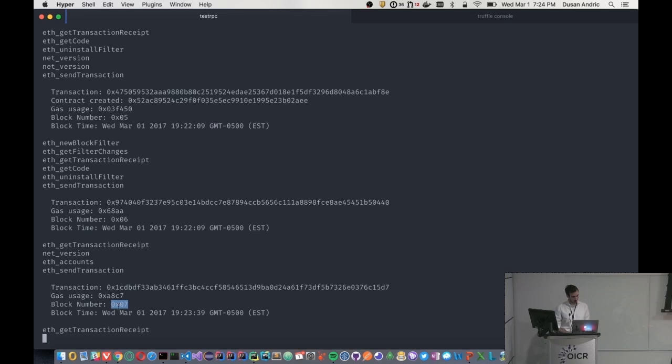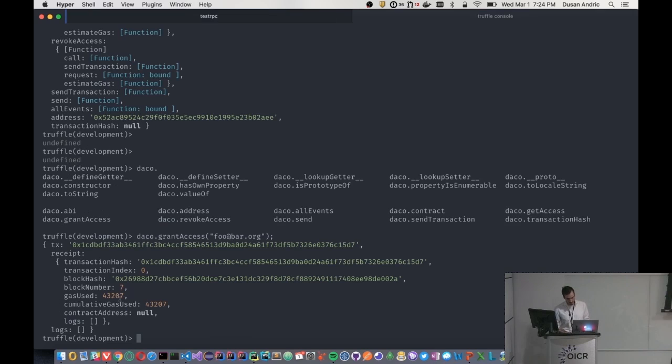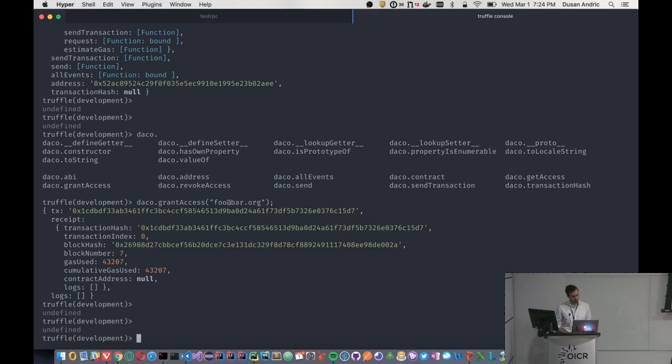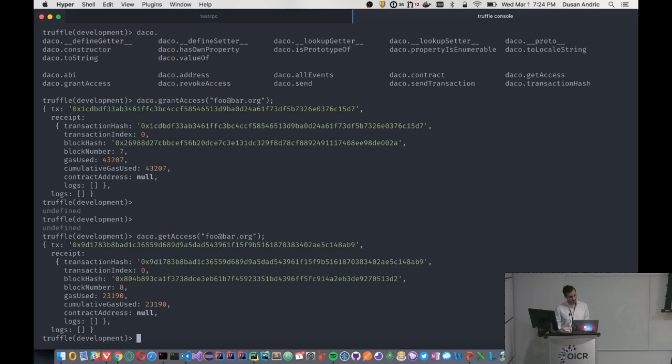And you can see that kind of matches up here. So now let's verify that foo@bar.org actually does have access. So we can say, get access for that particular email. Now we get another receipt here, which is not so useful, and you might be wondering what's going on. That's because whenever we're calling out to these functions like this, what we're implicitly doing is we're saying